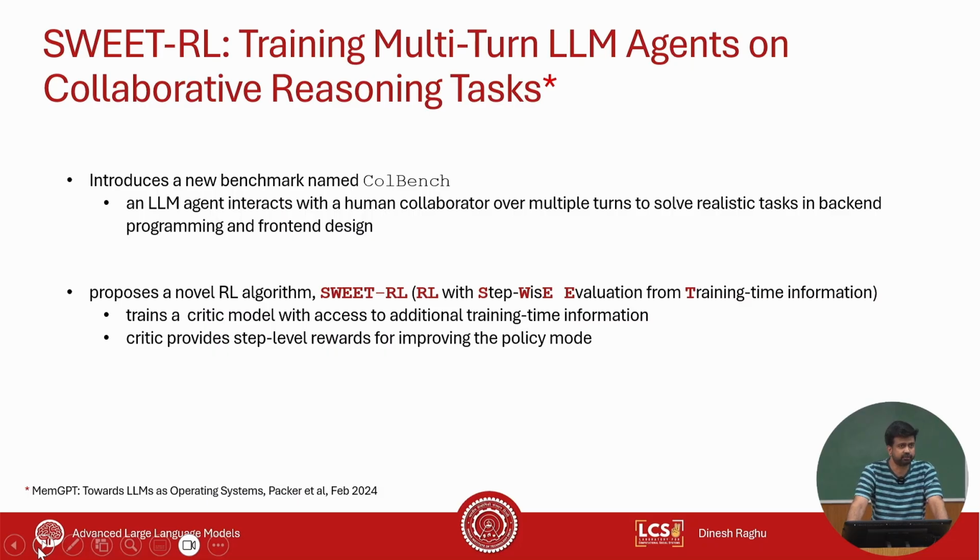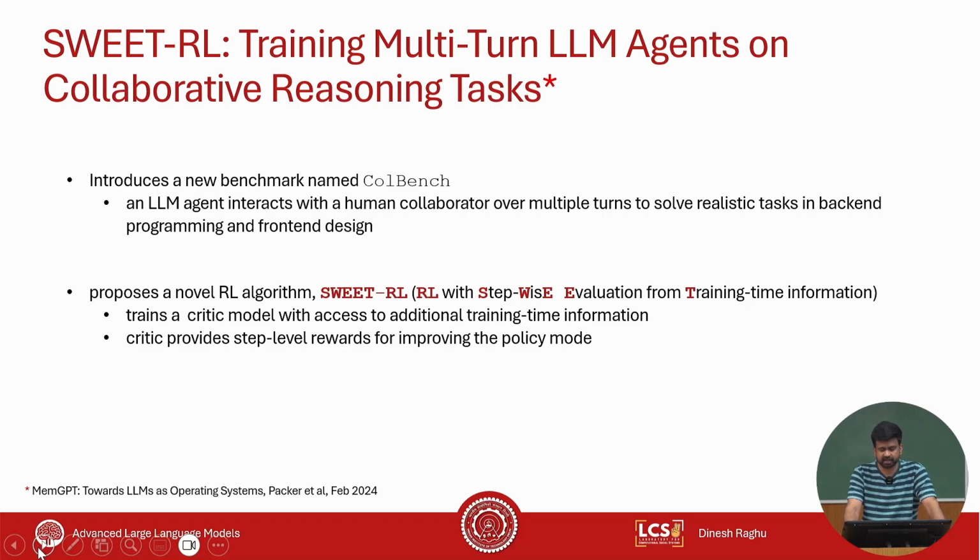Similarly, we discussed TauBench, if you remember. In TauBench, you are given a user task at hand, and you also have a user simulator. So when an agent gets back to you, the simulator will respond with some additional information that is needed, right? Similarly, in this setup, they collected multi-turn conversations between human and agent for achieving a particular task. These tasks are programming and front-end web page design. These are the two tasks that they take, and they propose a new RL algorithm